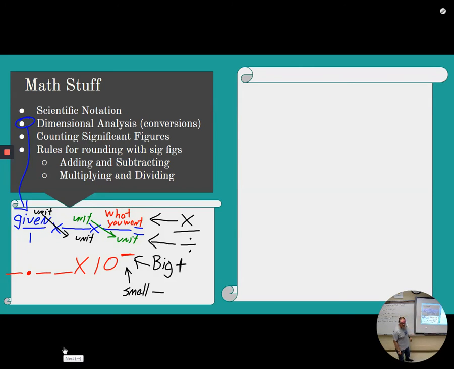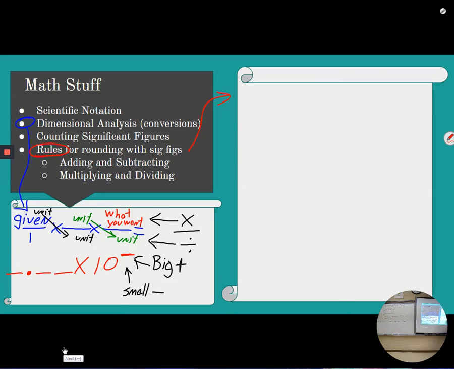I want to talk about the rules for significant figures. Remember, significant figures are a system put in place to help take some of the inaccuracy out of math using measurements. So it's important to be able to know, first of all, what the rules for those sig figs are. There's 4 rules. Actually, there's 5, but there's only 4 that you really have to be consciously aware of.